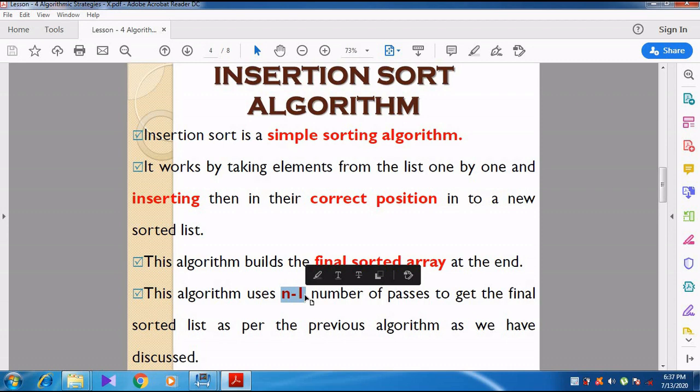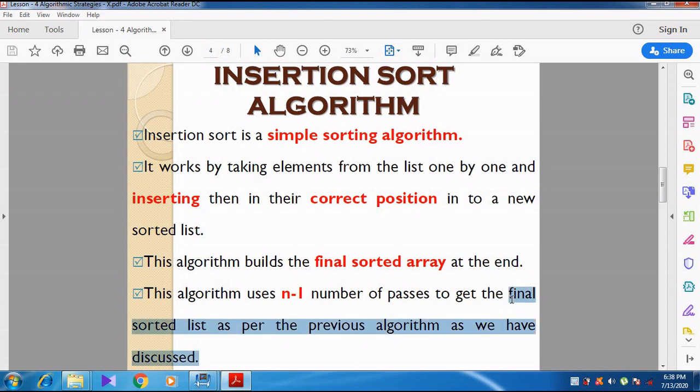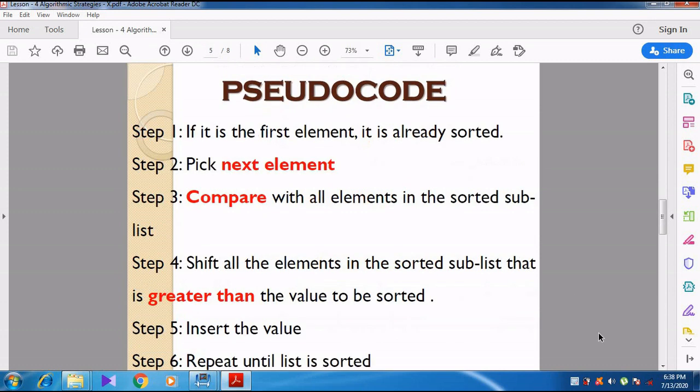For example, if the array contains 10 elements, it is going to take 10-1, that means 9 passes. 9 times of iteration it is going to take to get the final sorted array list.